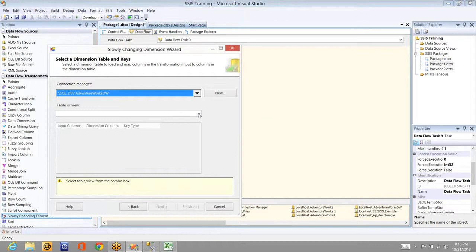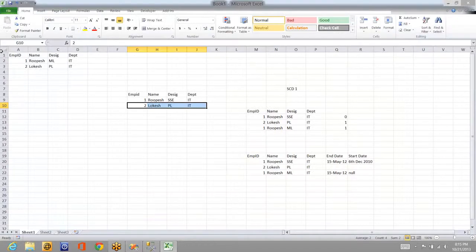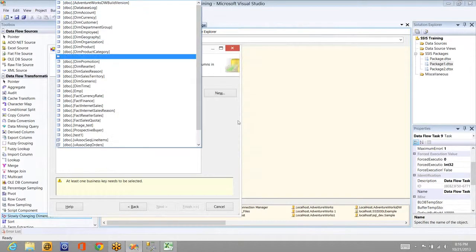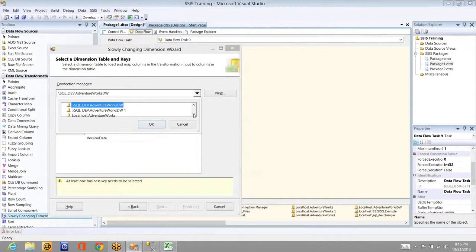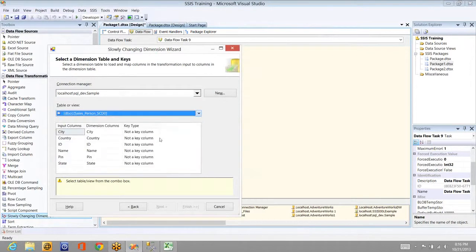What is the table that you want to compare? The reference table. You have to compare with some destination. Like here, this table will compare with this table, to check whether the record exists or not, right? So I have to select the table here, and it is again in the same database, sample database, and the table name is sales_person_SCD0.